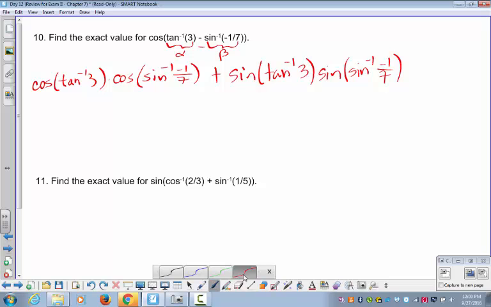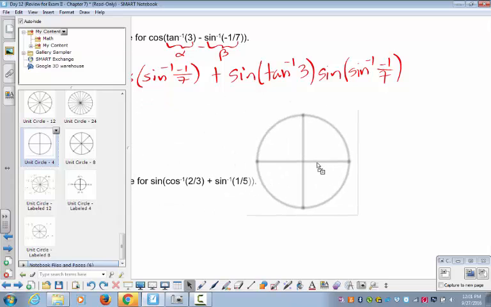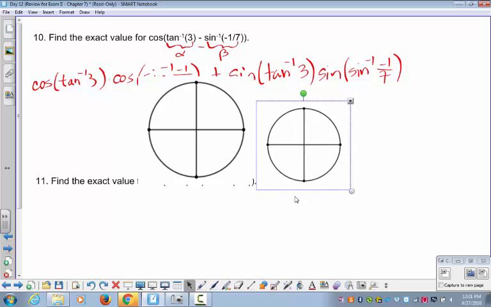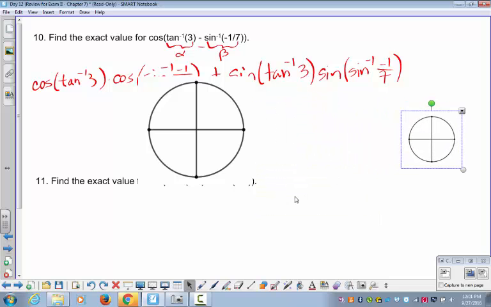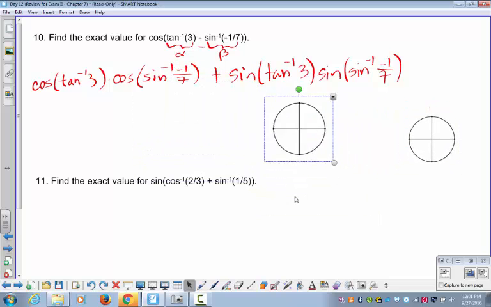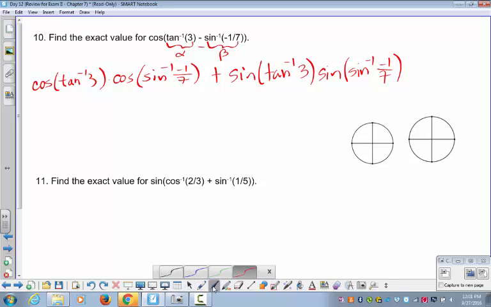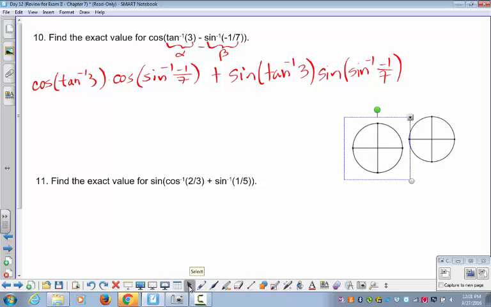And we have two angles here. We have to deal with two angles. They are not special. They're very not special. All right, so we're going to call the first one alpha and the second one beta. Genius. Okay, the first one,